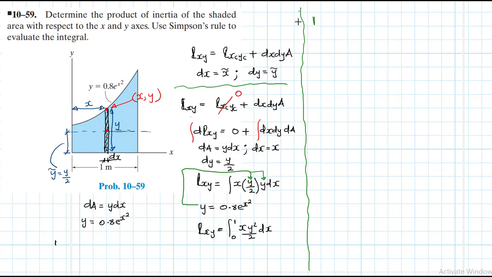Okay, so if we wrote this, this becomes Ixy equal to the integral from 0 to 1 of x, and once we replace that equation, that becomes 0.8 e to the power x squared, everything times 2 divided by 2 dx. And if we expanded that, then it becomes